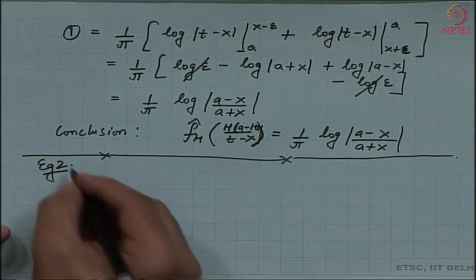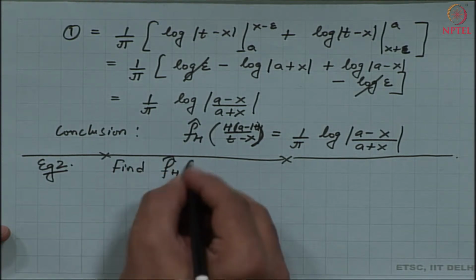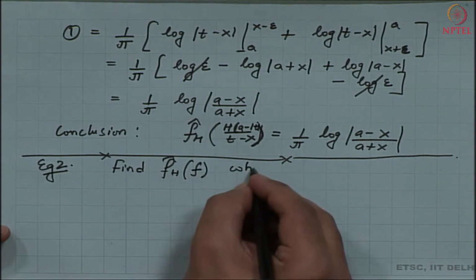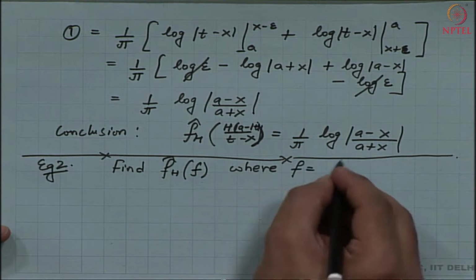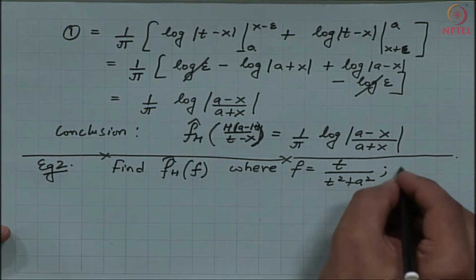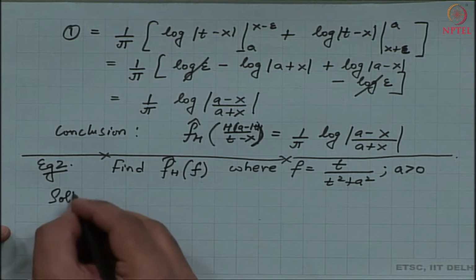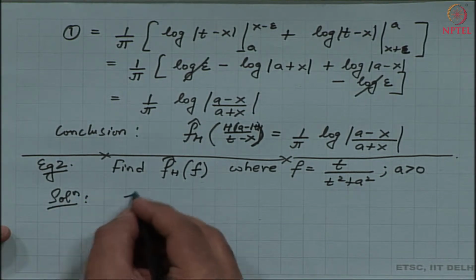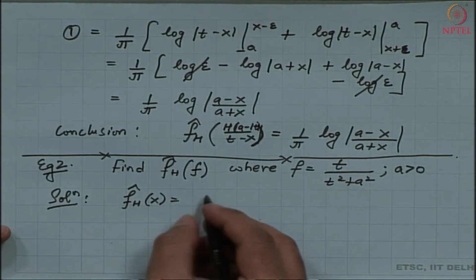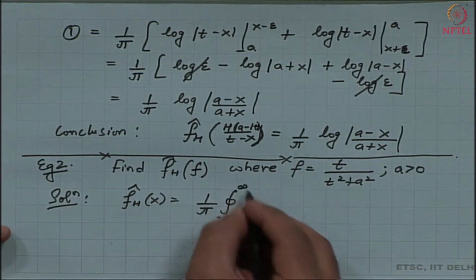Here is another example. We have to find the Hilbert transform of a function f, where my function is defined as t divided by t square plus a square, where a is positive. Okay, so the Hilbert transform of the function is defined as, again, this Cauchy principal value from minus infinity to infinity, and